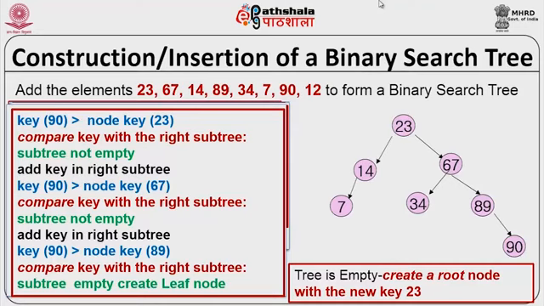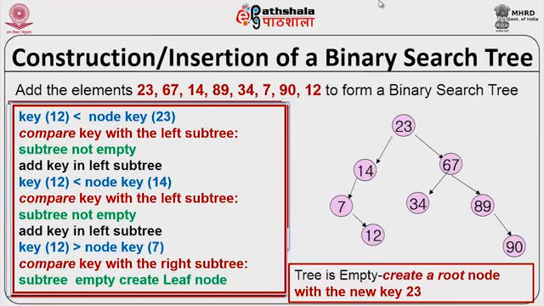Now, you have the last node that we want to add, which is 12. Here again you compare 12 with 23, you find that it is less. So, go to the left subtree, which is not empty, it is rooted at 14. So, you compare 12 with 14, you find that it is lesser. So, you go to the left subtree of 14, that is rooted at 7, it is not empty. So, you compare 12 with 7, you find that 12 is greater than 7. So, you go to the right subtree of 7, which you find is empty. So, now you have located the parent as 7. So, you attach 12 as the right child of 7, and that completes the insertion process.